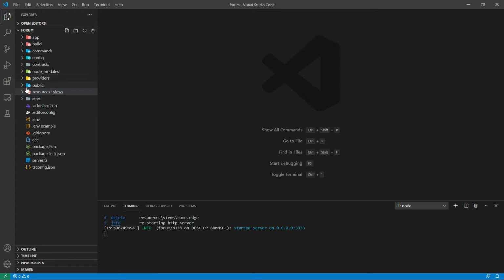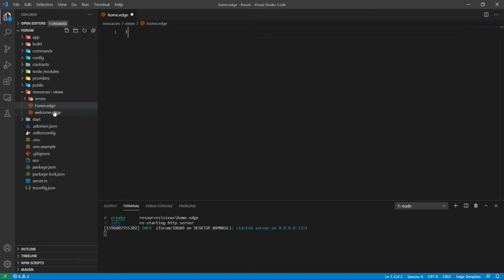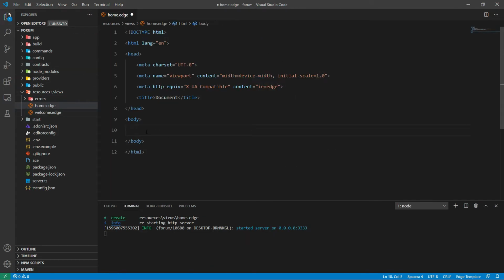So let's go ahead into the folder called views and add a new file called home.edge. Till now it's basic HTML. Now we will use Edge tags.